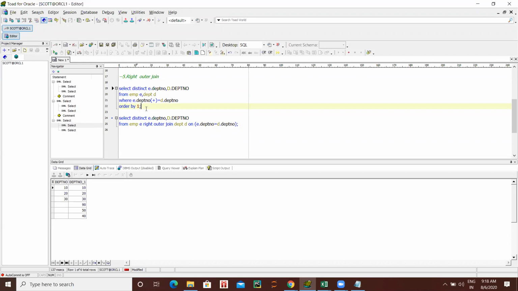Try to do this practice, because this join is very important from the interview point of view, and practically we are going to deal with joins only, because we are going to write big queries using joins, since there are 50 tables or 10 tables. You have to write the joins. I want this table's data, this table's data, and the extra data. You have to play with the data. So try to use left outer join, right outer join, equi join, whatever, and see how you are getting the data, and whether you are getting the correct data or not. Clear?